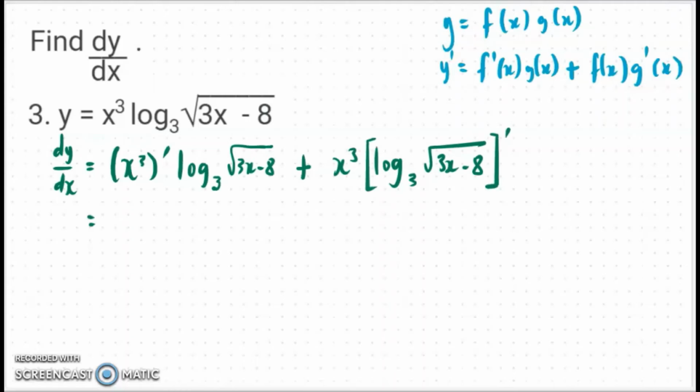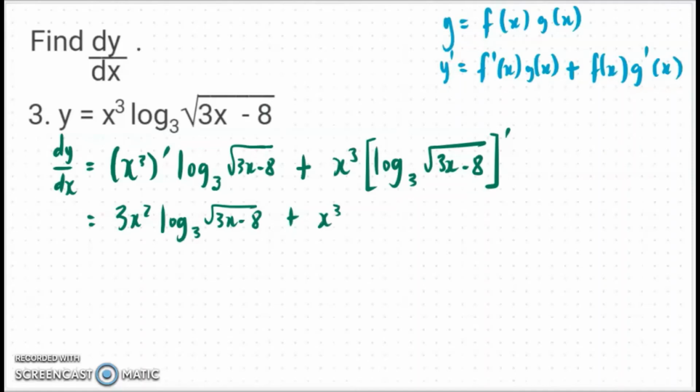Okay, and then moving on, the derivative of x cubed is 3x squared, right? Then we have log square root of 3x minus 8 base 3 here, plus